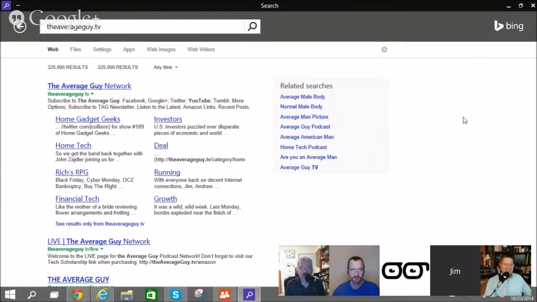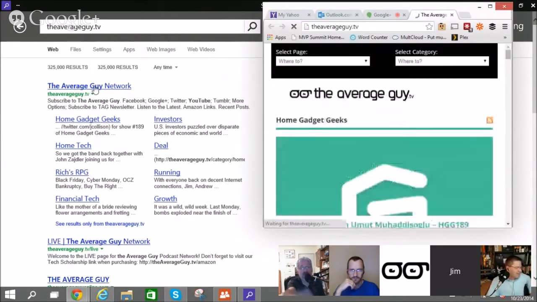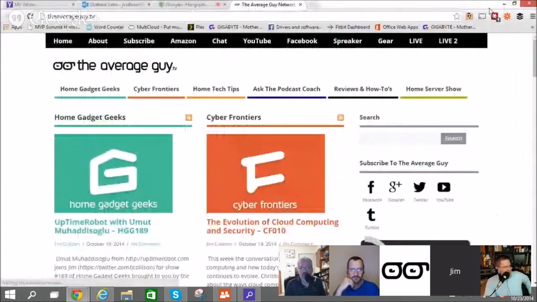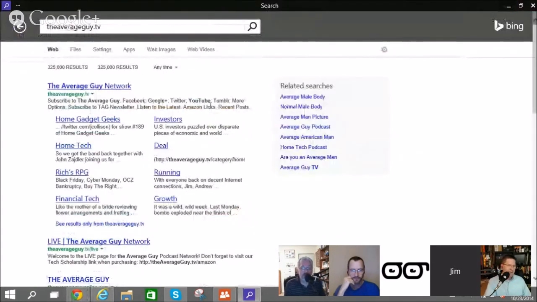If you click one of those links, it opens up your default browser, in this case Chrome. But the window you were just searching in is a render from IE.